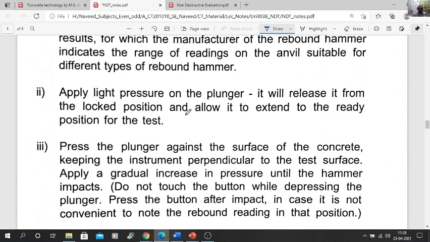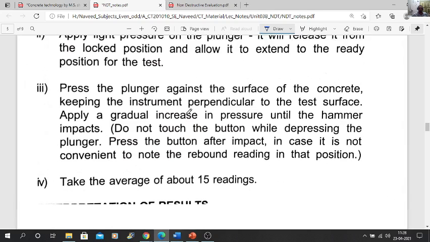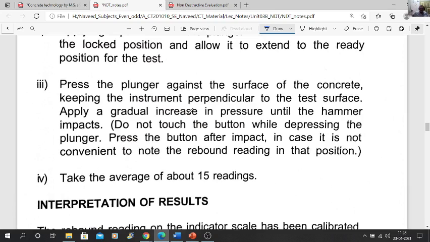So the lock button is unlocked, or the release button is open, you can say. Press the plunger against the surface of the concrete, keeping the instrument perpendicular to the test surface. It is very important. You should keep the instrument perpendicular to the surface.